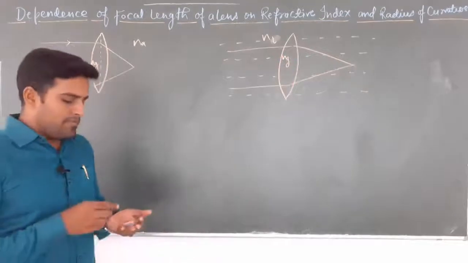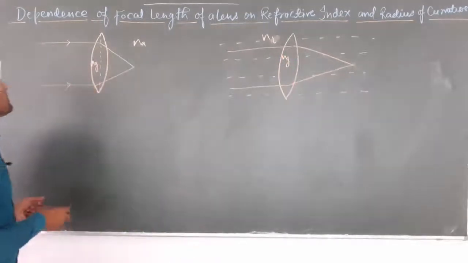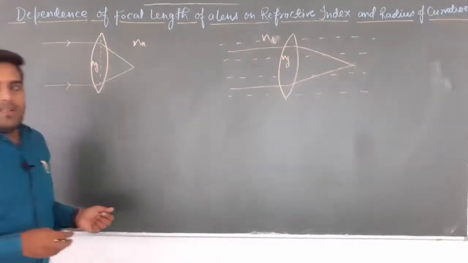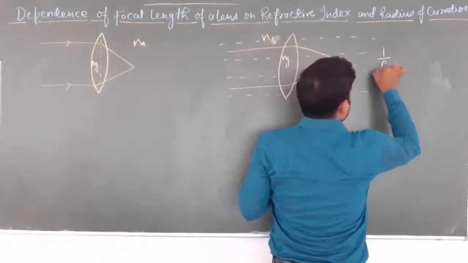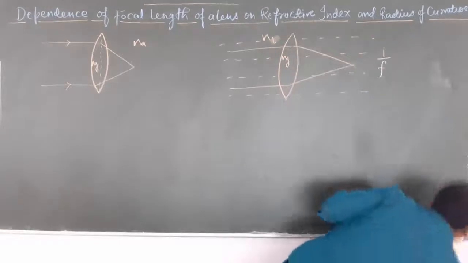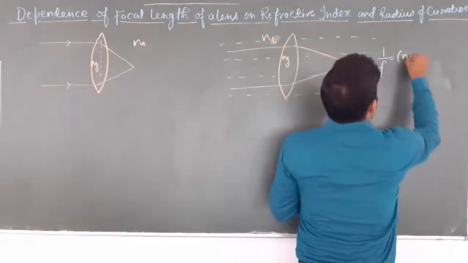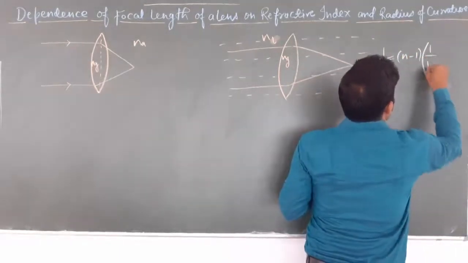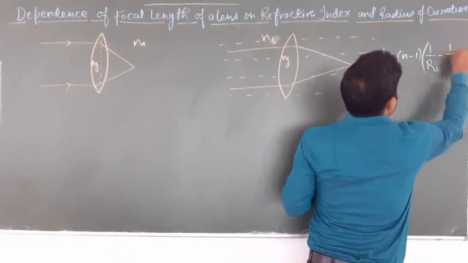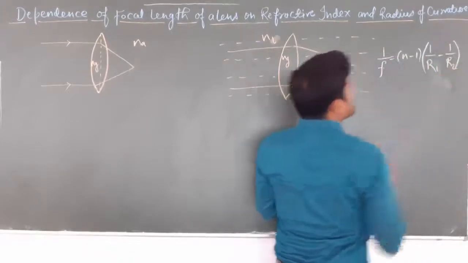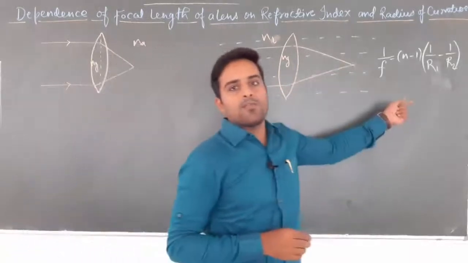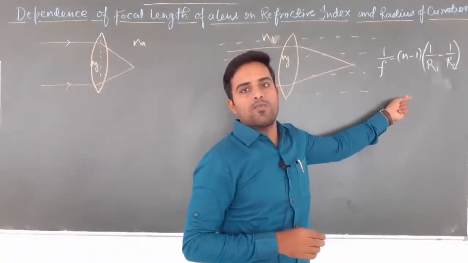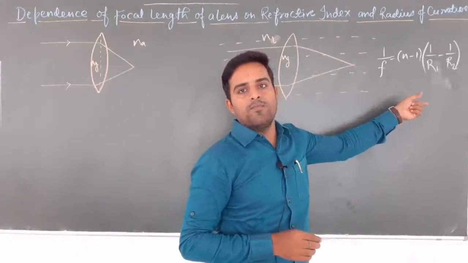As in our previous video lecture we have discussed the lens maker formula, and the lens maker formula was 1 by f is equal to (n minus 1) into (1 by r1 minus 1 by r2). This is the lens maker formula. So with the help of that formula, 1 by f is equal to (n minus 1) into (1 by r1 minus 1 by r2), we will